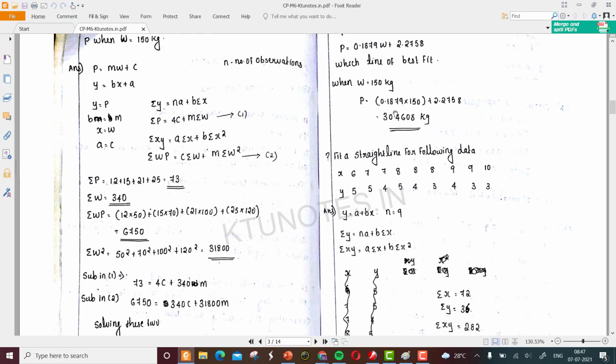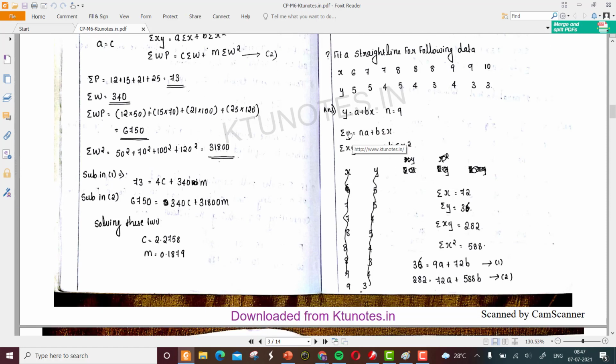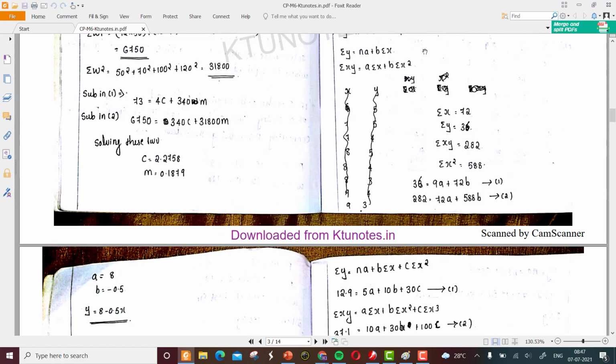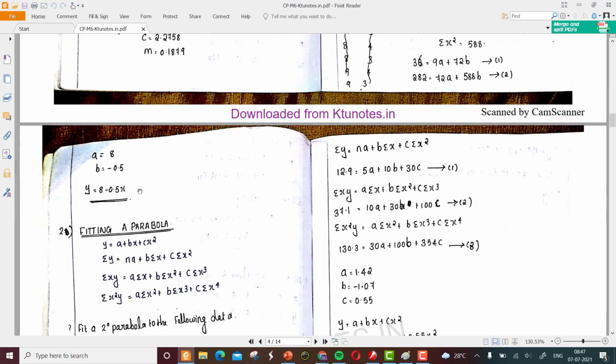Now I understood the basic things. One more thing: X and Y, you have a series of values 1, 2, 3, 4, 5, 6, 7, 8, 9. Almost 9 values are there for X and Y. So you have Y is equal to A plus BX, and the total number is N is equal to 9. So directly you are getting the equation in X and Y. Calculate sigma Y, sigma XY and all the required values, substitute in the first equation and second equation, solve for A and B, and this A and B will give you the equation of the straight line.